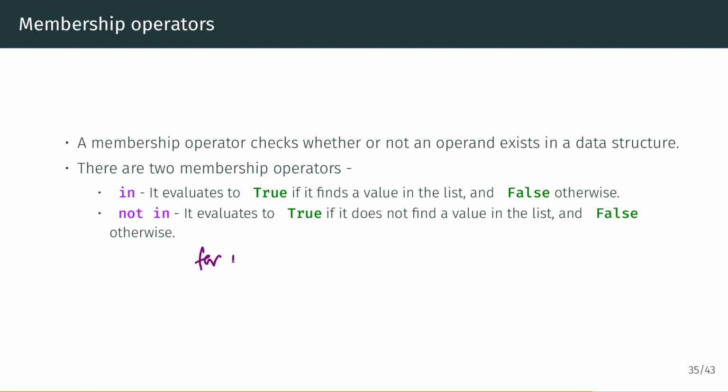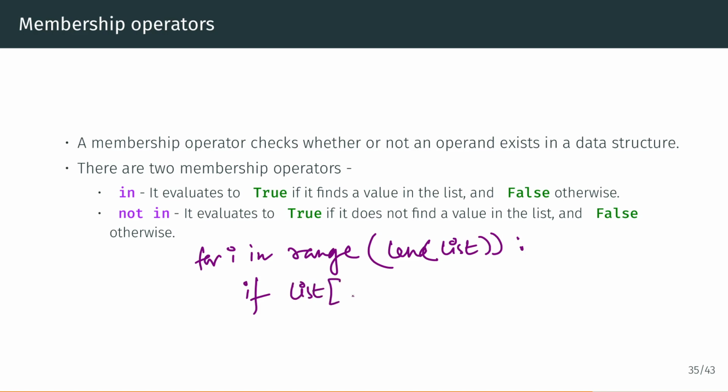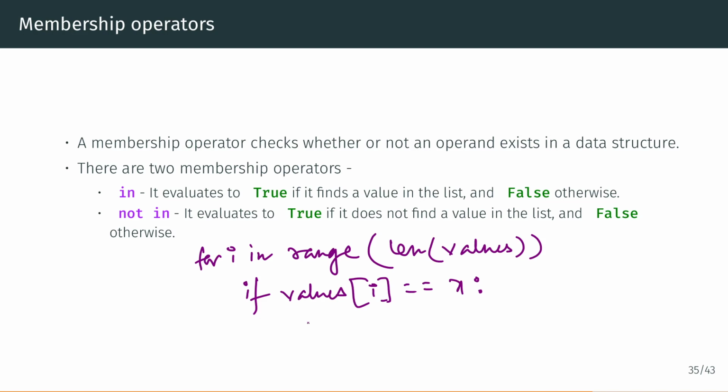So you say for i in range of the length of values. Let's say the list is called values, because list is a bad name, since list is a Python reserved keyword. If values of i equals x, return